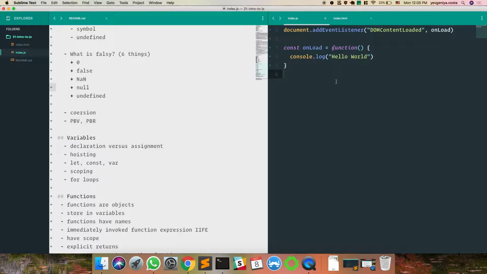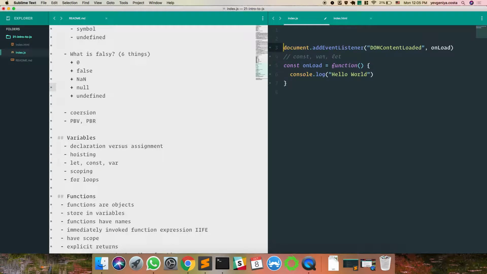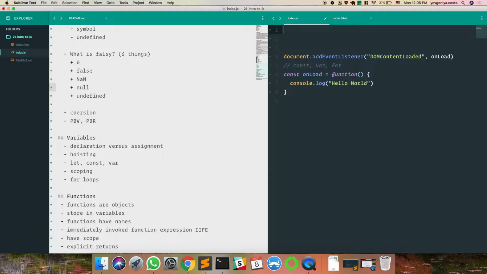And again, with the multiple passes, another thing that happens on the first pass, other than taking functions and hoisting them to the top, every time JavaScript encounters a word like const, var, or let, it declares that variable. So it's as if it does this. You can do this in JavaScript.